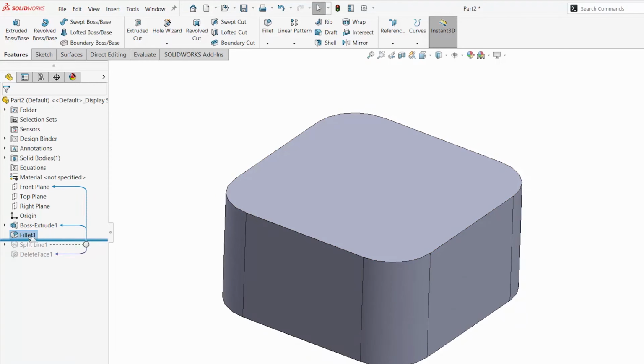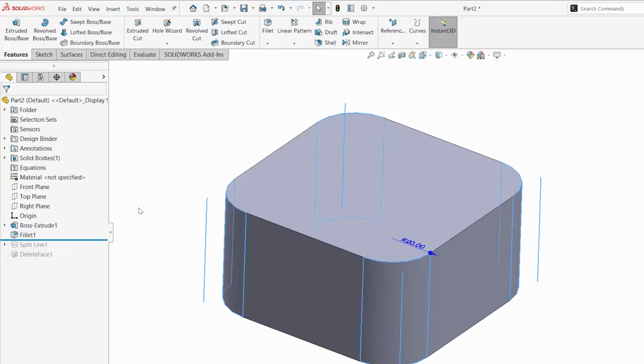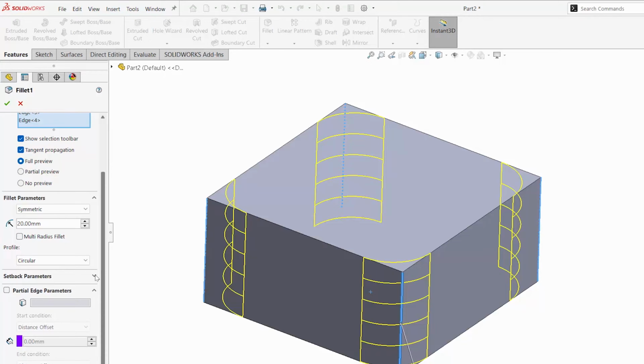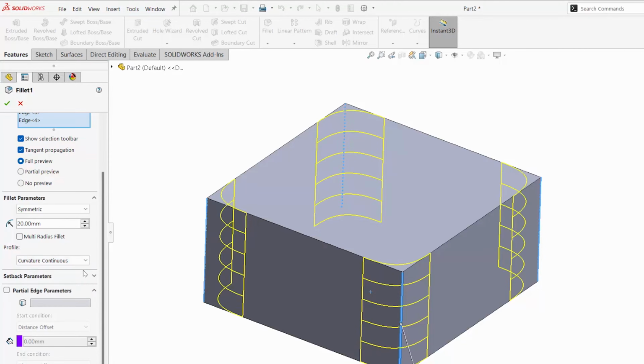Going to another part that I have set up, you can see that I have a feature fillet here. What that means is I did an extrude and then used a fillet and selected different features on this. There are selection tools to help you grab all the edges you would like to fillet quickly. And you do get more options when it comes to the profile you would like. You don't have to just do circular. You can do curvature continuous.